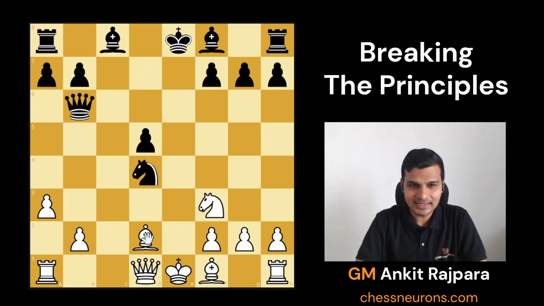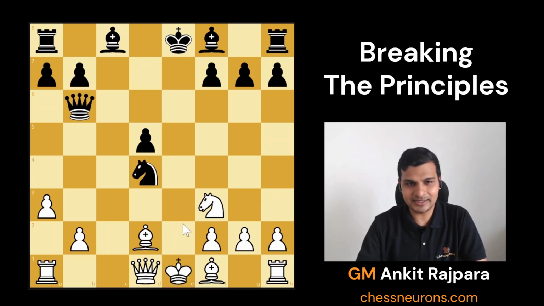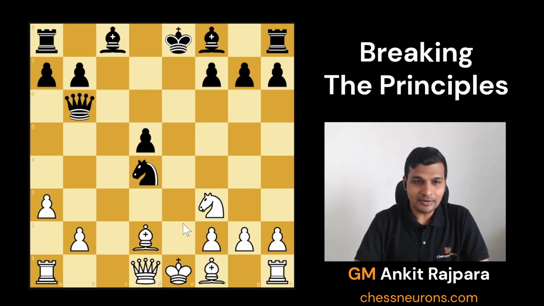So, what are some other things that we can notice? Of course, black has also not completed the development. Black's king is in the center. Same is the case with white. So now, one very interesting move in this position seems to be